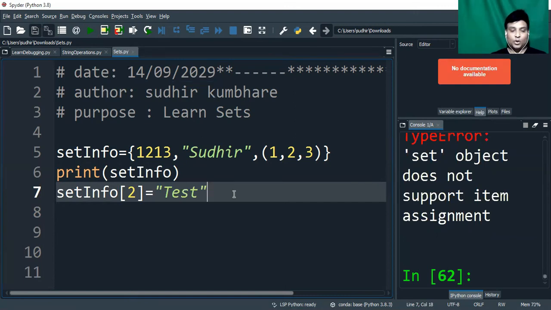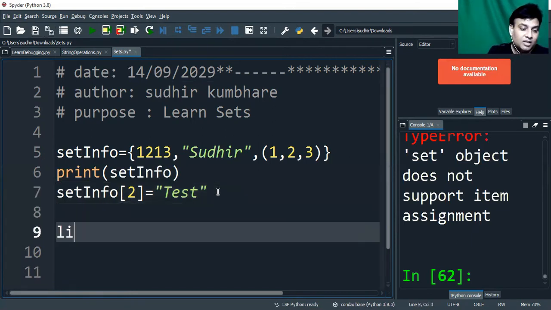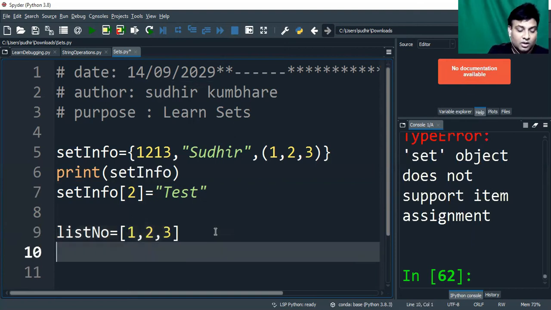Guys, we have one more way of creating sets in Python, and that is by using the set function. How to do that? Let's say I have a list of numbers, just temporary numbers: 1 2 3. I have to create a new set, a set of numbers.